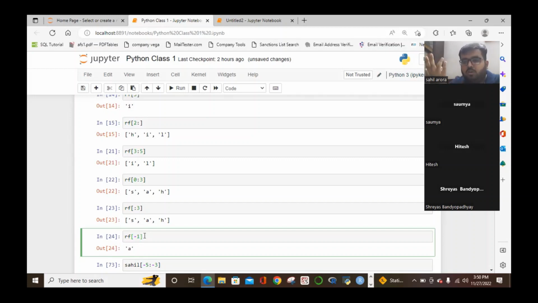Since you are starting from the last, -0 is nothing but 0. Python will take it as 0. So therefore we need to start with -1. -1 means the last element of that particular list. So what is my last element of Sahil? L. So if I put